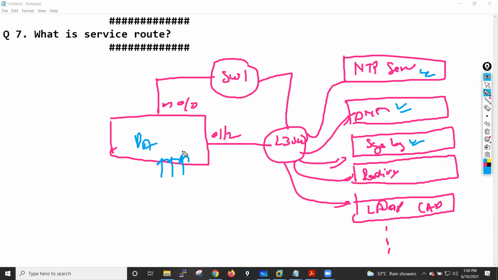Let's say we are using RADIUS authentication, then my firewall needs to send some packets to RADIUS. Let's say we have used user based policies. In that case, my firewall also needs to query the AD server, right? So all this kind of traffic is basically sent through the management interface, guys.